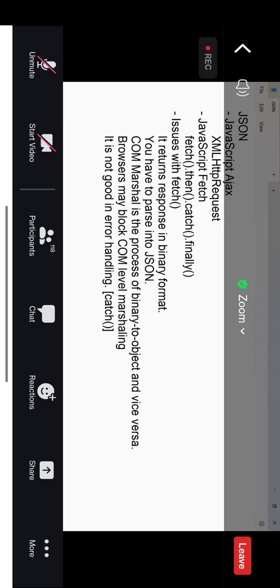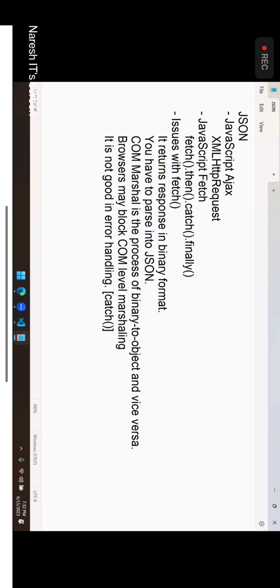So it will return data in binary form. Binary needs to be converted into JSON, and conversions may be blocked by firewalls. It is not safe. Your data may not reach every device easily. And it is not good in error handling. These are some basic issues with fetch. That is the reason developers are not interested in using fetch. They look for an alternative. And another alternative we have is,